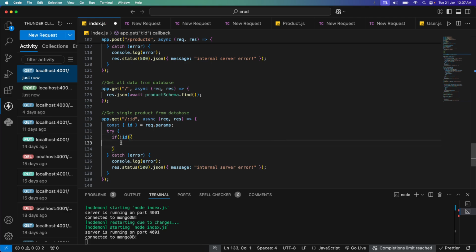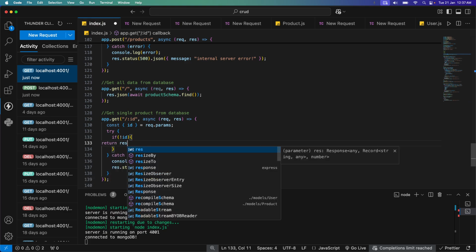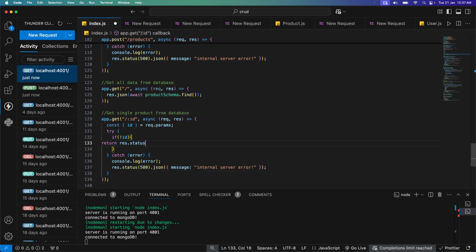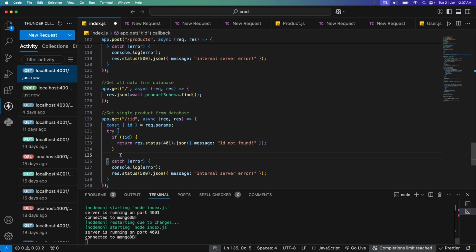if we have the correct id inside the url, okay, first of all we can write if not id, then if we are unable to fetch the id, return res.status 401.json message id not found, right? And now if id is present, then what we can do,